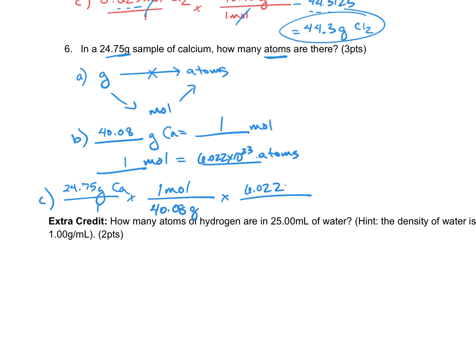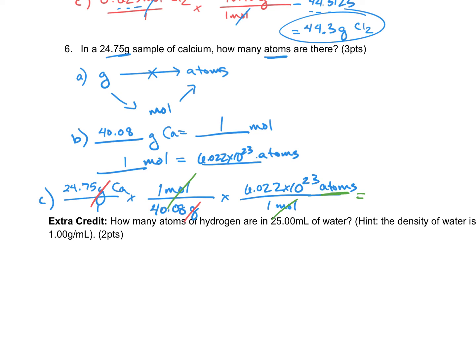And after we have converted to eliminate grams, now we need to eliminate moles. So 6.022 times 10 to the 23rd atoms is going to go above 1 mole. And so now we have the problem set up in a way where the grams cancel and then moles cancel, and so the only units that remain at the end are atoms. So if you use your calculator to say 24.75 times 6.022 times 10 to the 23rd, and then you're going to divide by 40.08,